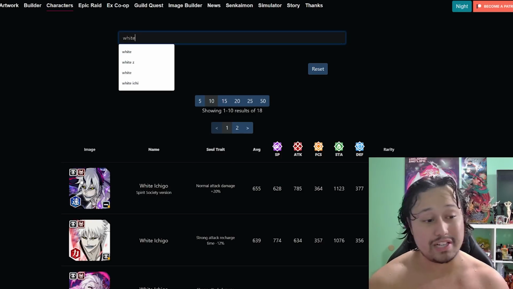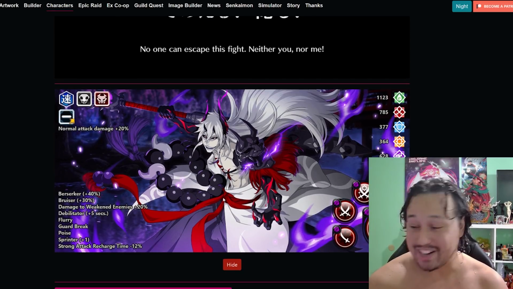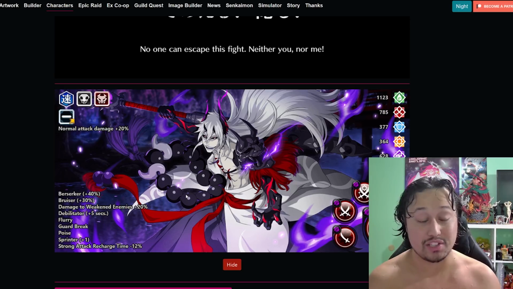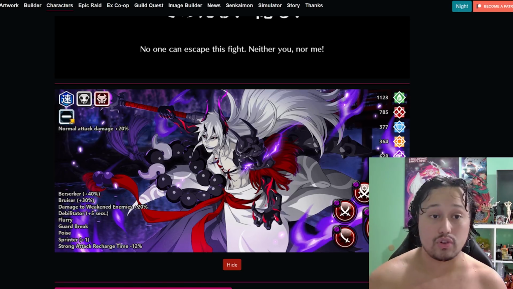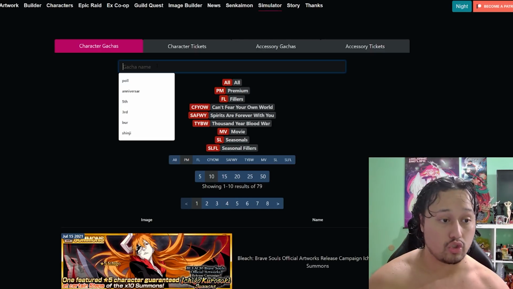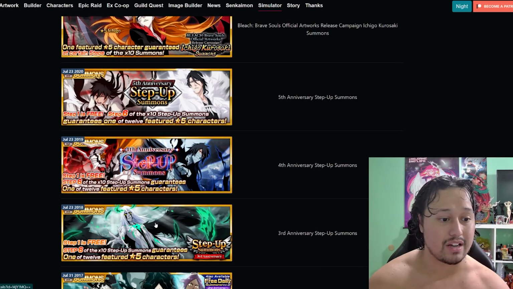Now, for those that actually went deep for White Ichigo, White Ichigo is actually going to be on this banner, which is actually insane because this banner is, like I said, surprisingly impressive. Normally, anniversary banners are some of the worst banners to be released ever. If I go historically and just type in anniversary and go back to the last 3 years,